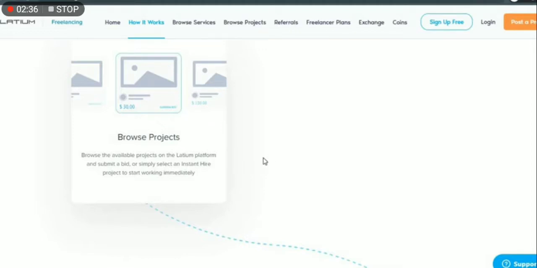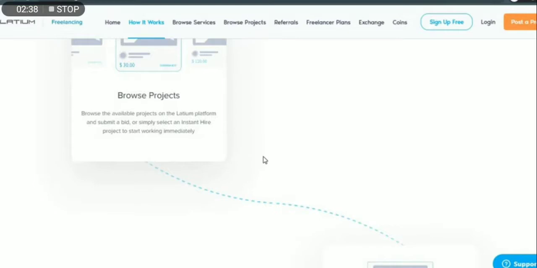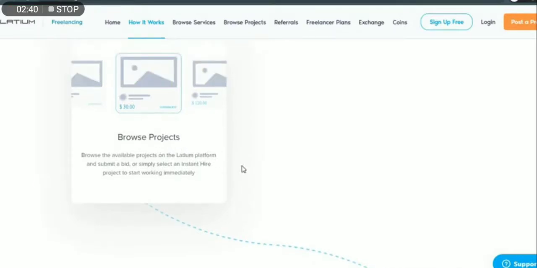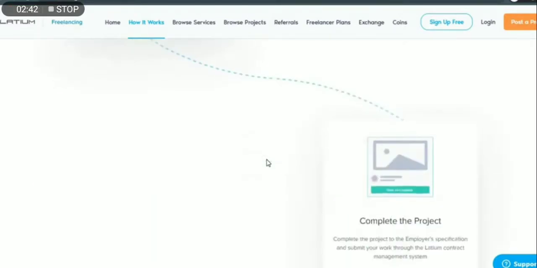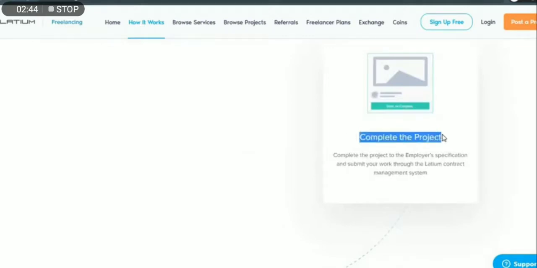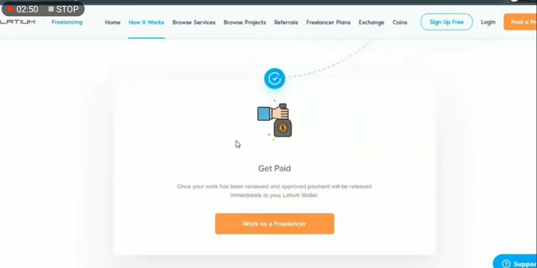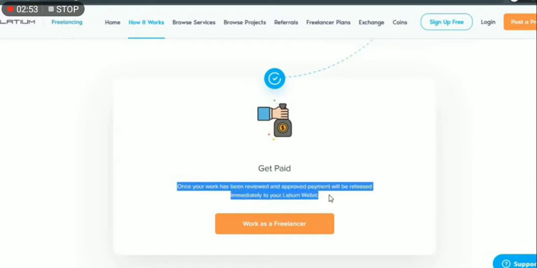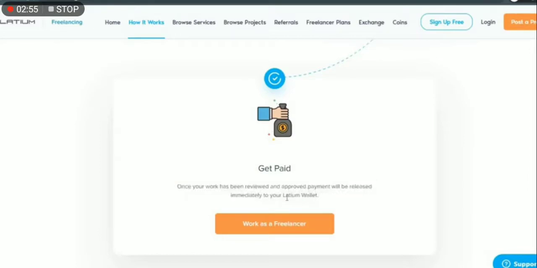So you can go to the Ladium website and look for a new project, submit it, and then you can start working right away. So, step number 2 is to finish the project and then submit your work through the Ladium contract management system. And step number 3, which is what we all love, is that once your work has been reviewed and approved, your payment will be released immediately to your Ladium wallet with no delays.